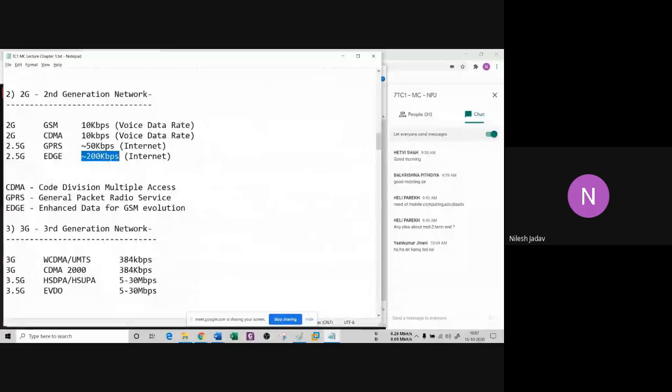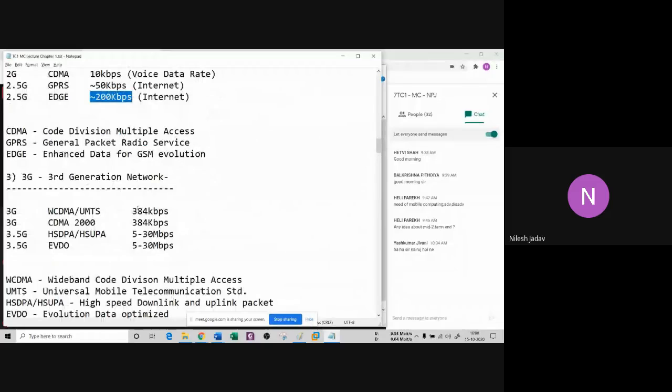I mean, with this speed you can download something. So people started downloading in a frequent manner now, so they can download movies and all on their mobile while connecting your mobile phone with your laptop or computer. So this is 2.5G, which gives you some good connection. Here, for a 25 MB file, it takes almost 15 to 20 minutes to download, right? But this downloading time will reduce to some extent here at 200 kbps. Then